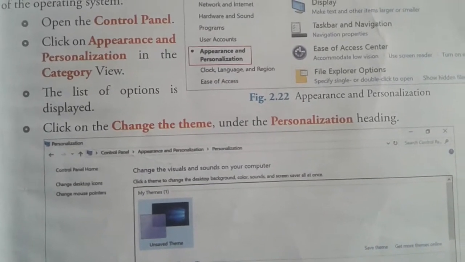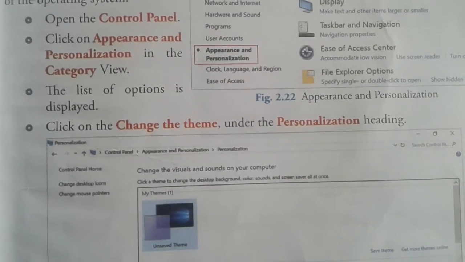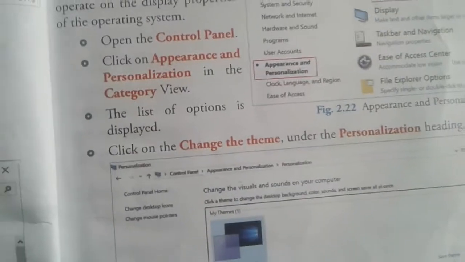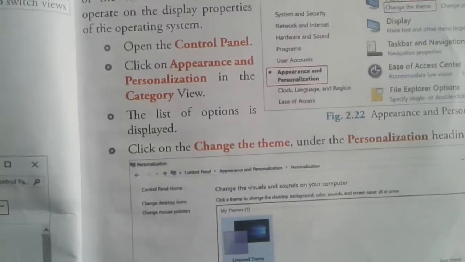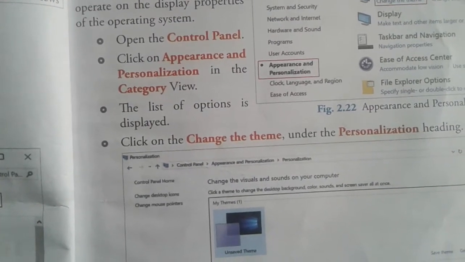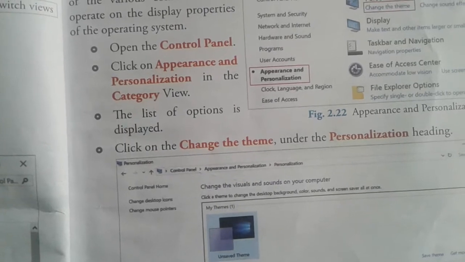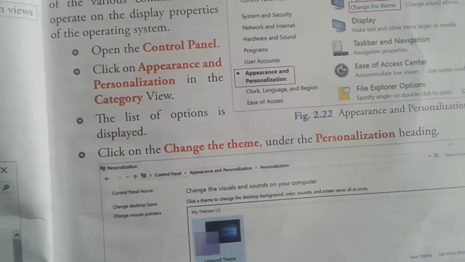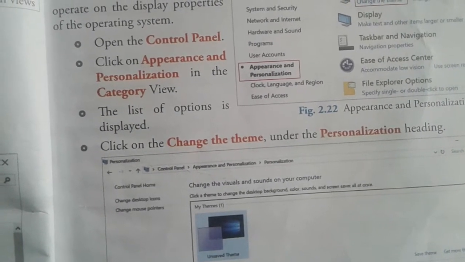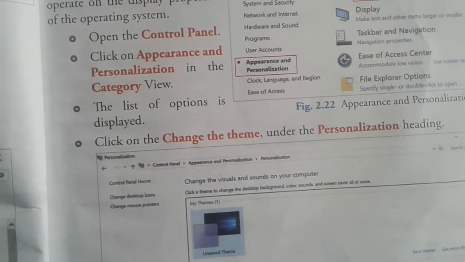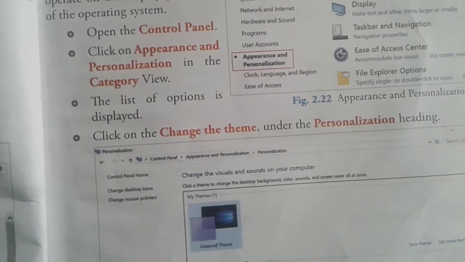Click on Appearance and Personalization, which means whatever settings you want, you have to personalize yourself, right? Then in the category view, the list of options is displayed automatically when you choose Appearance and Personalization, and then after choosing the category, the listed options are displayed in front of you.